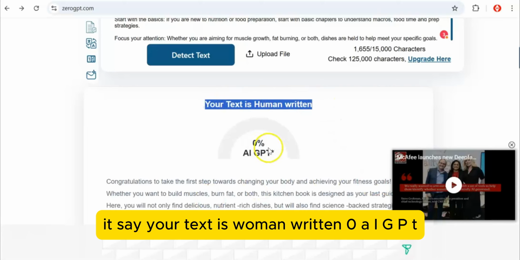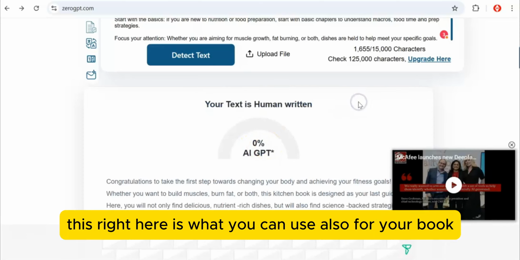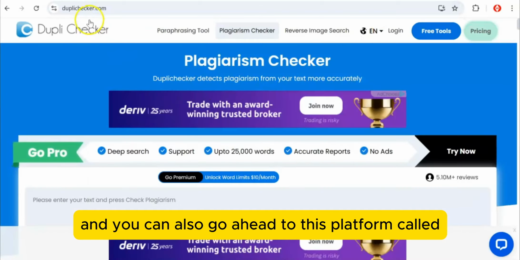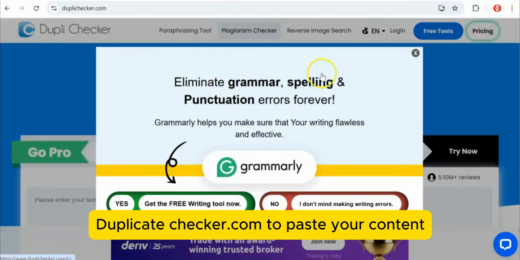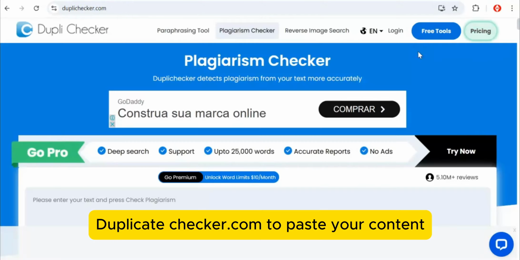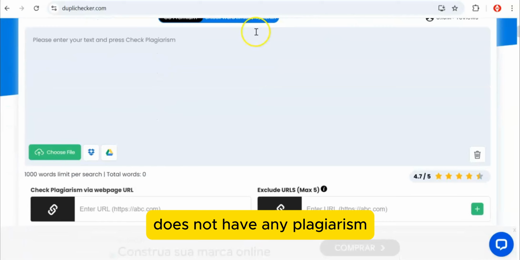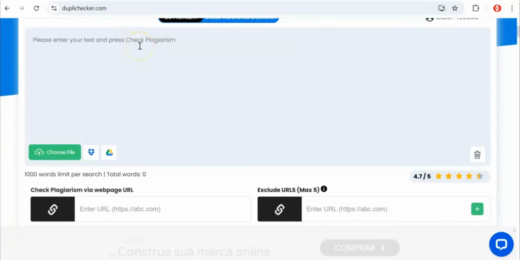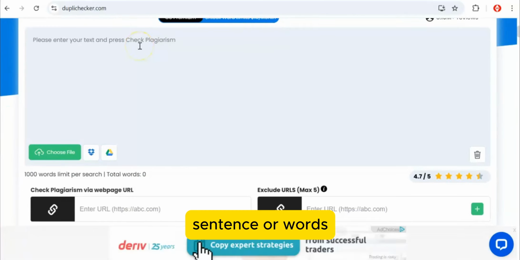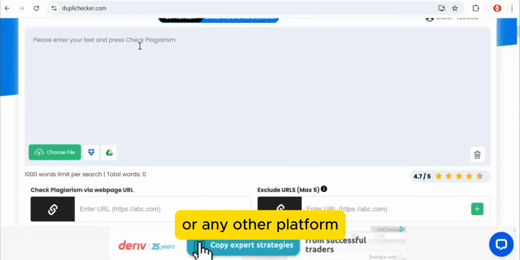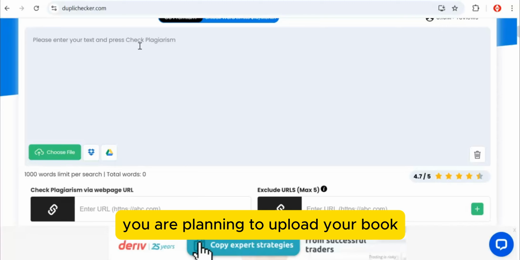So this is what you can also use for your book, and you can also go to this platform called duplichecker.com to paste your content and check that it does not have any plagiarized sentences or words that can lead to your book being flagged on Amazon or any other platform you are planning to upload your book to.